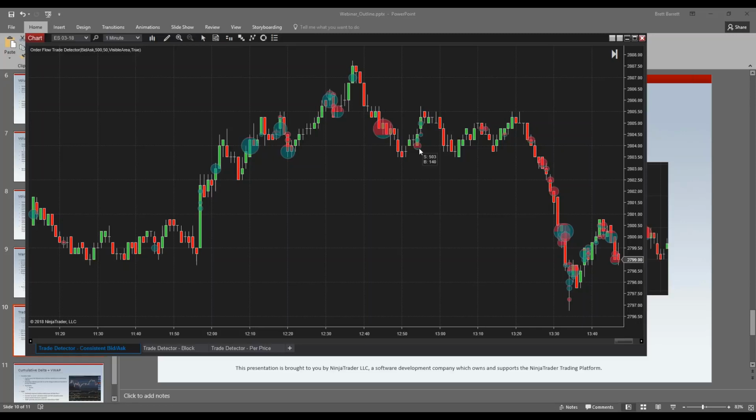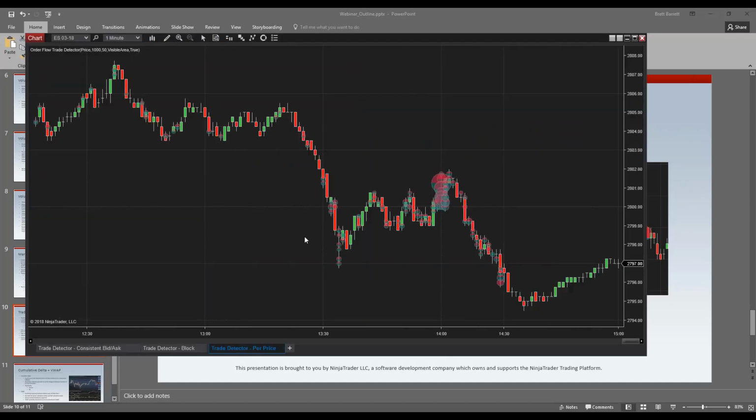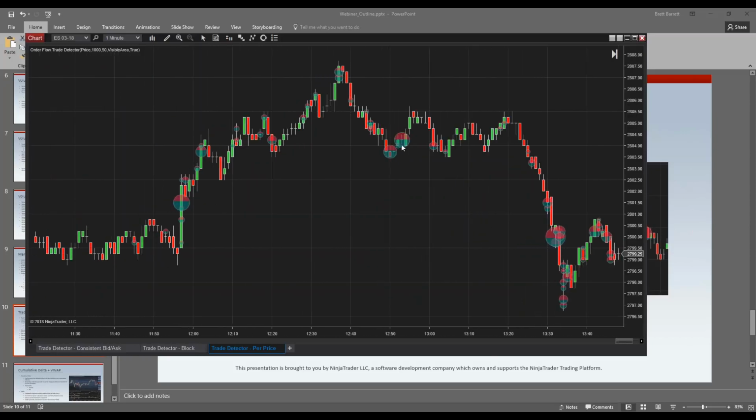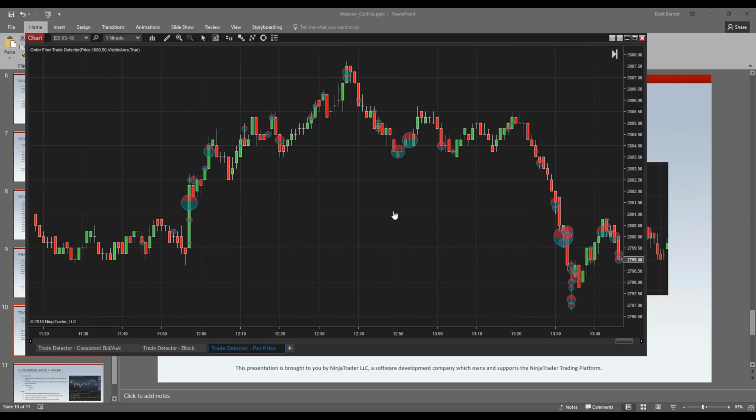It's a little bit of a combination between a volumetric chart, and that gets into the next mode, which I'll talk about here. If I switch over to the next tab, here's our per price volumetric mode. Let me scroll back to that same area. What we can see with the per price mode is the difference between per price trade detection and consistent bid-ask trade detection is that